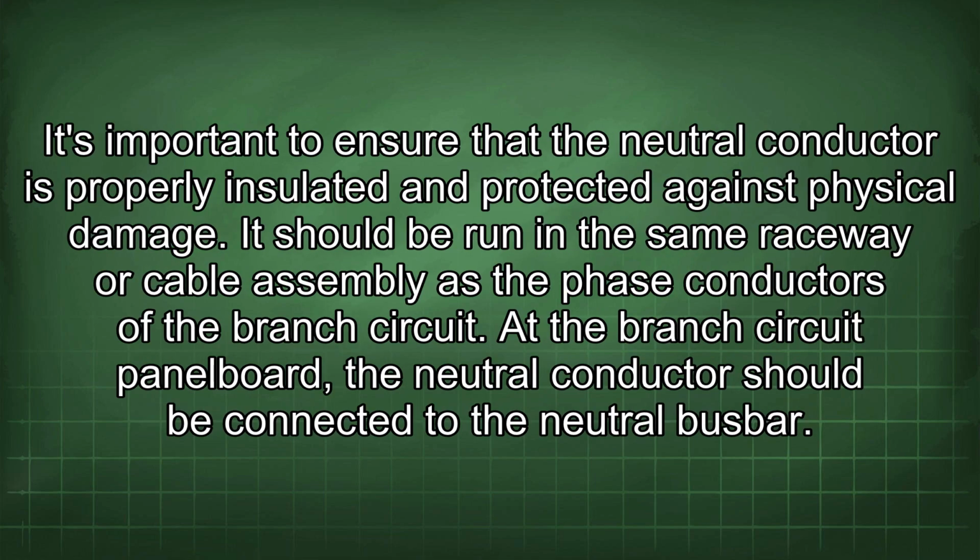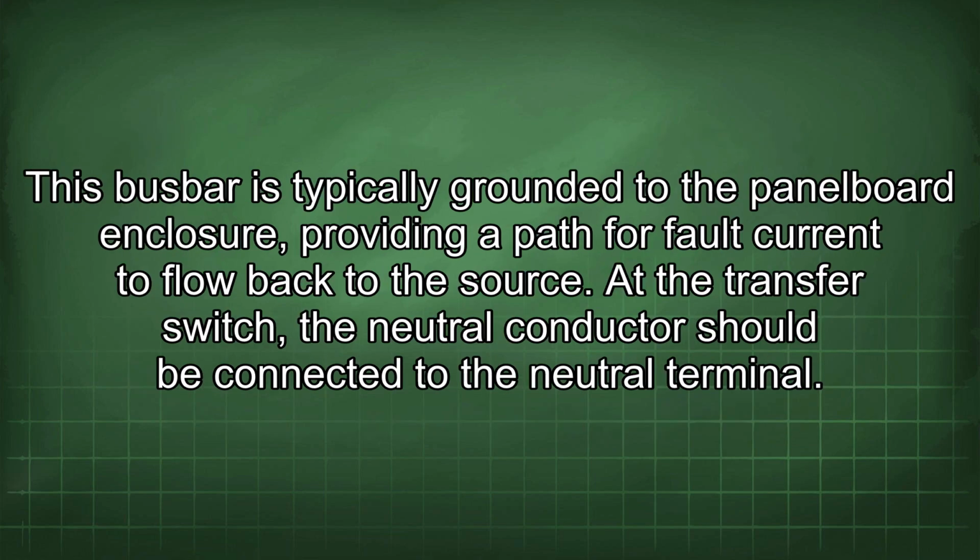It's important to ensure that the neutral conductor is properly insulated and protected against physical damage. It should be run in the same raceway or cable assembly as the phase conductors of the branch circuit. At the branch circuit panel board, the neutral conductor should be connected to the neutral busbar. This busbar is typically grounded to the panel board enclosure, providing a path for fault current to flow back to